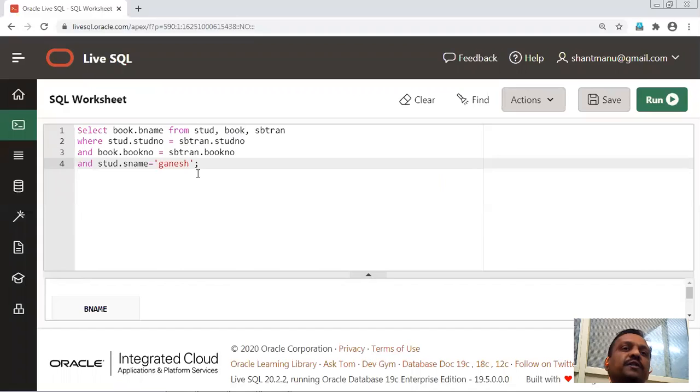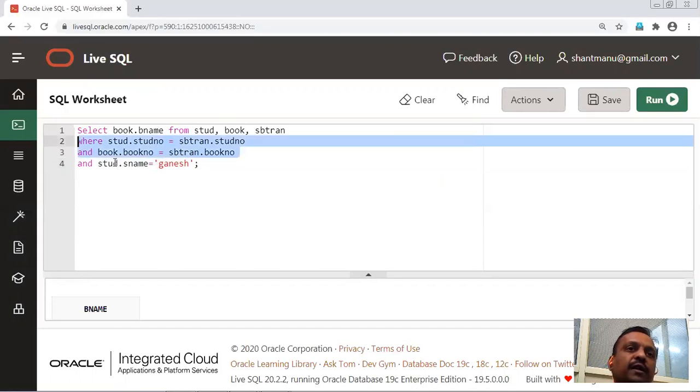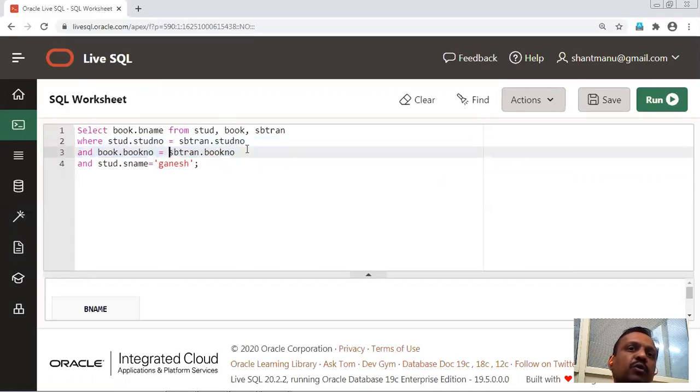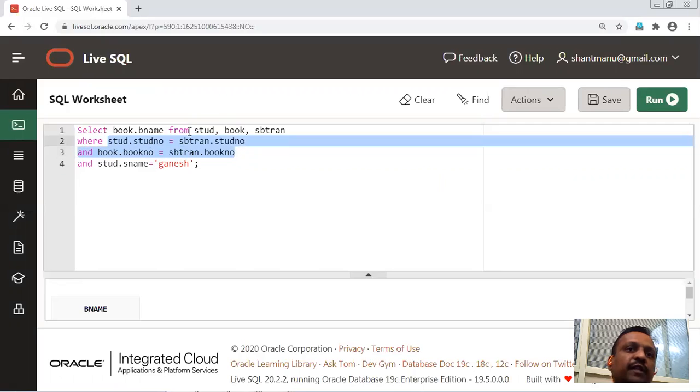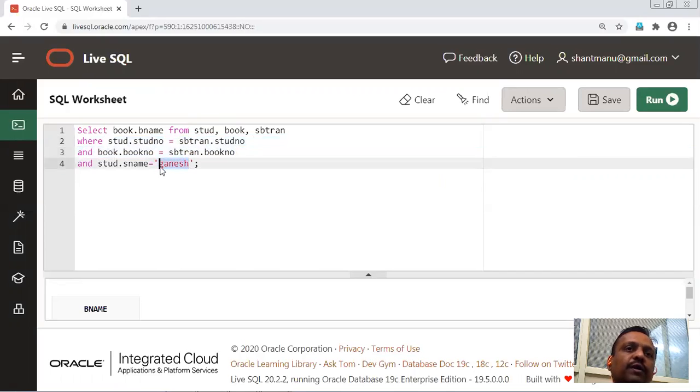Student name is Ganesh. You have to match the tables with each other, that is, the book number of SBTran with the book number of book. Then student dot student number equal to SBTran dot student number. So these two conditions are used to match the three tables with each other, and this condition is what we have to find out, the books issued to Ganesh.